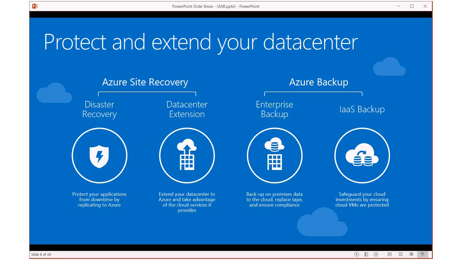So that's one side. The other side is backup, right? This is no different than the backup you've been doing for a long, long time, right? You back up to disk, and then you ship that disk offsite somewhere. So now you back up those disks to the cloud, or you back up directly to the cloud, right? The idea behind that is your backups then become offsite instantly.